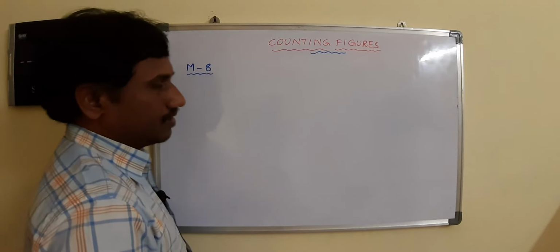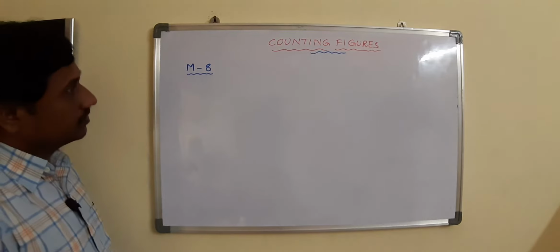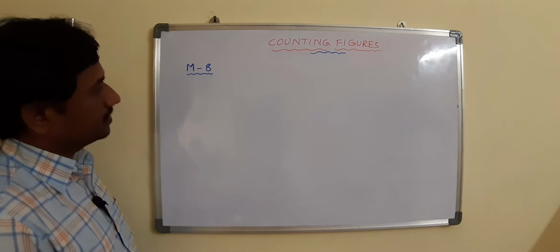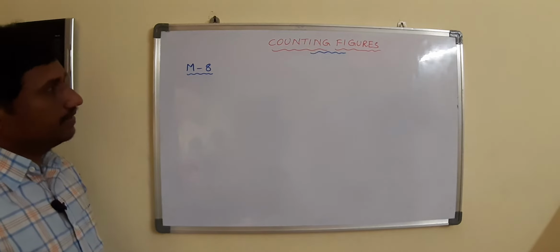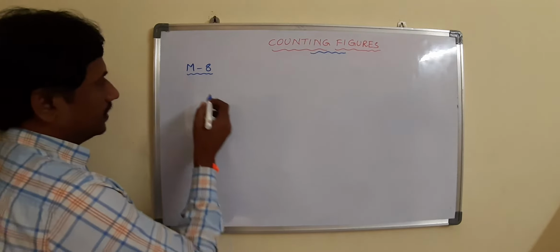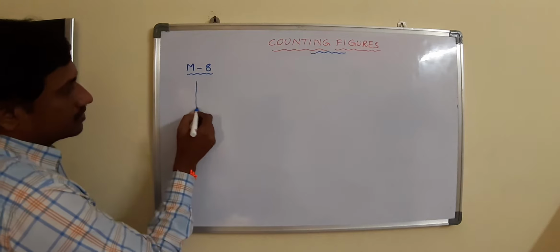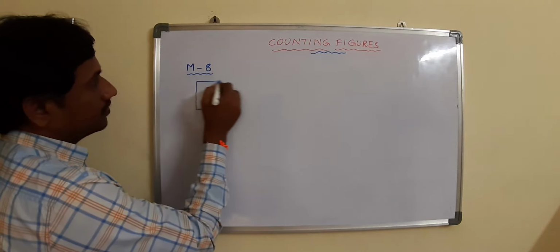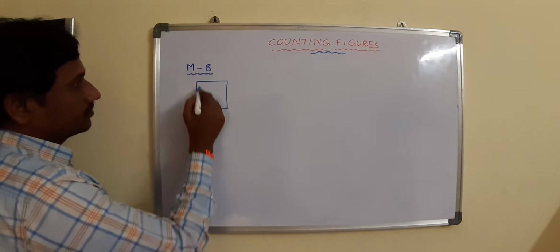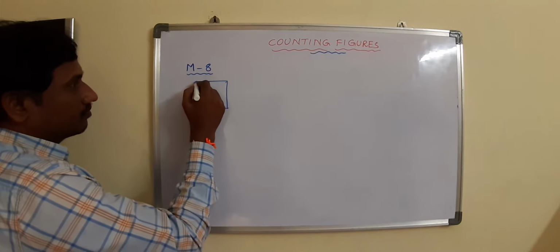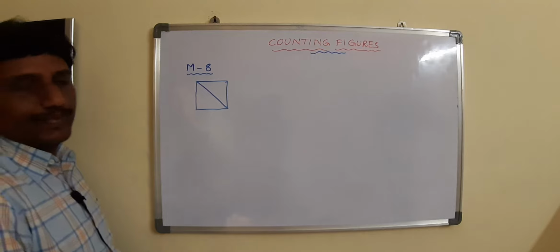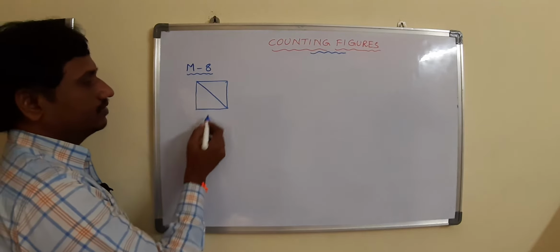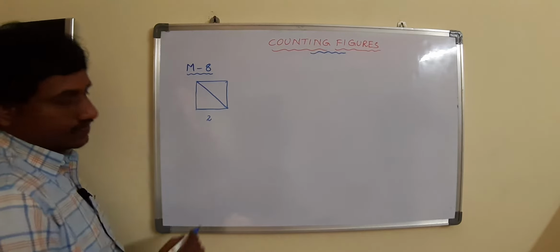Maybe it is the 8th or 7th model. I'm not sure here. Where we last stopped, I think 7. Anyway, see this model. Here, in this model, they will give a square like this and they divide the square into some triangles. How many triangles are there? It is very simple. Simply you can count 1 and 2. Then we have 2 triangles.